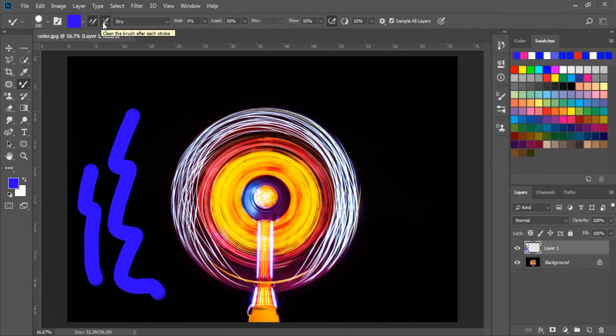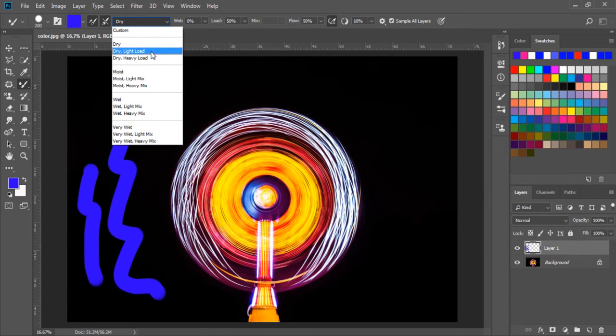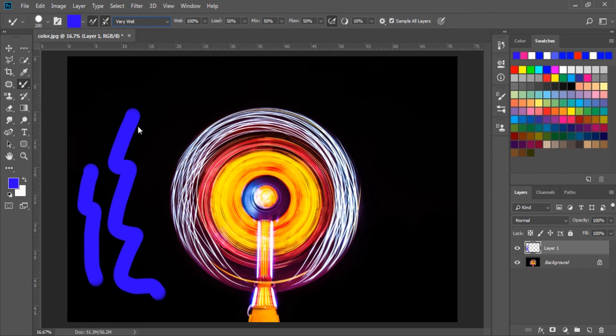Let's keep these on. Okay, next we have different effects, something like dry, wet, light mix, very wet. Let's try this very wet option and try to paint something with it. Like that. We can see it's just like the wet effect. We can change the wet option from here. If I set it to 1% and paint, something like that, we can see that the stroke edges are dim and they blend smoothly. If I make it 100% and paint, something like that, we can see the edges on both sides are very